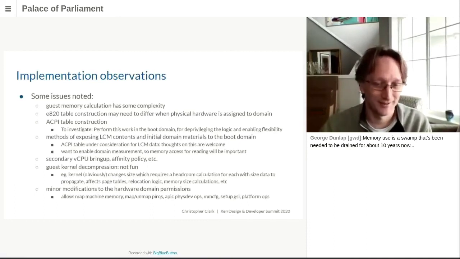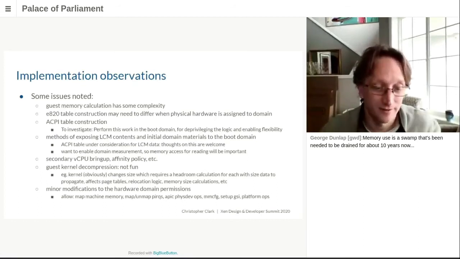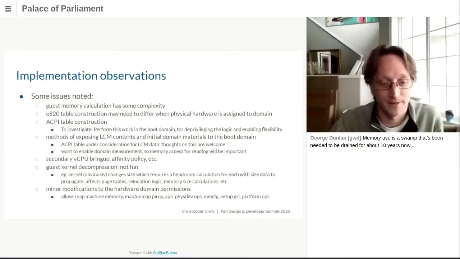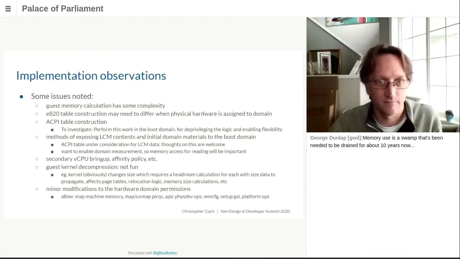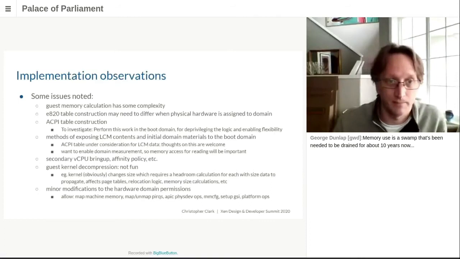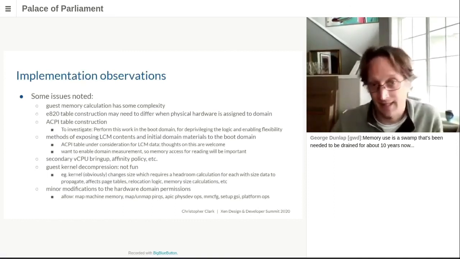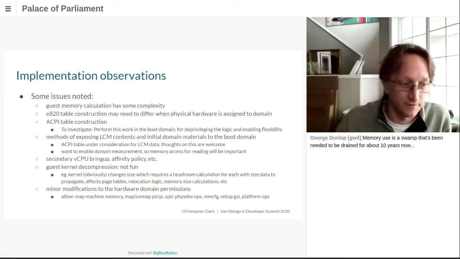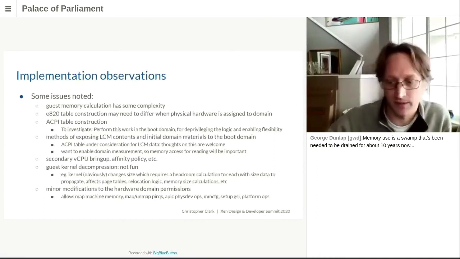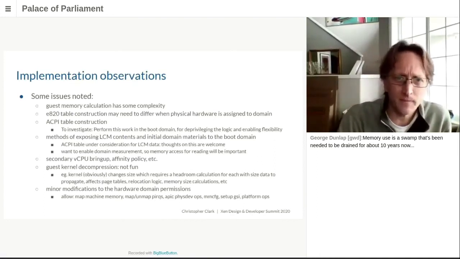issues noted during building this. Basically, it was quite educational to go through the code and actually make this work. There's a number of challenges that are not necessarily there at first glance, but are necessary to resolve in order to build this to be a production capability. So the guest memory calculation is a little complex. There's internal memory resources needed to support an x86 guest for Xen's own needs. You can't just give all of the memory to the guest. E820 map